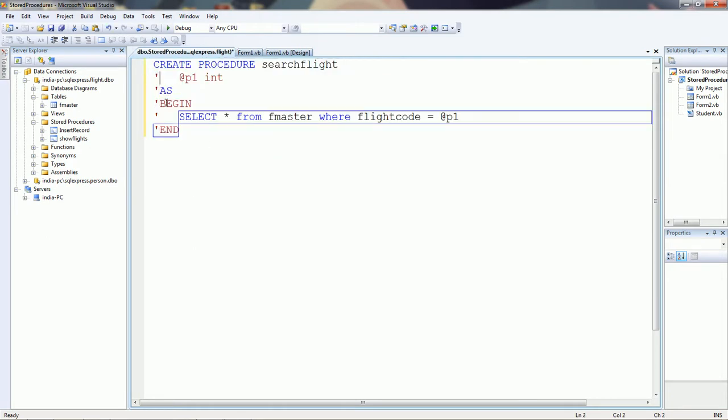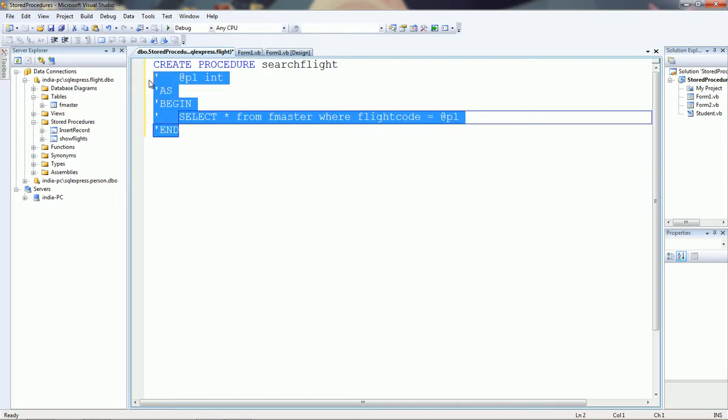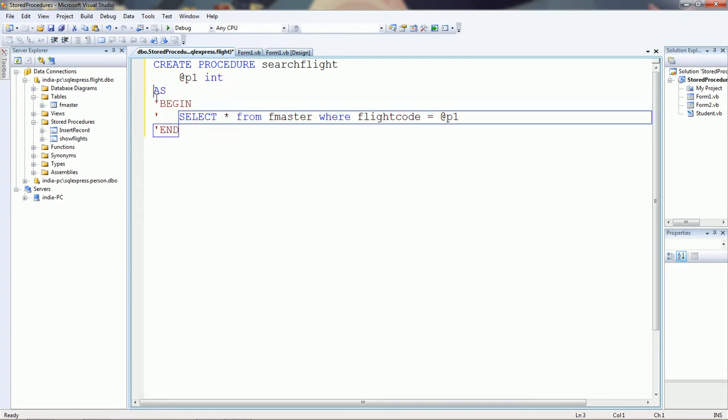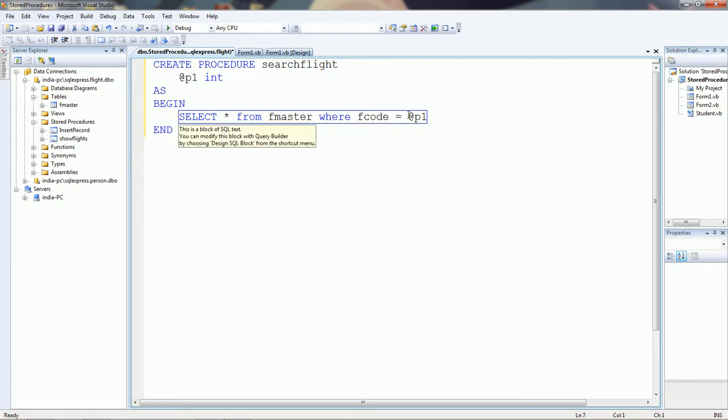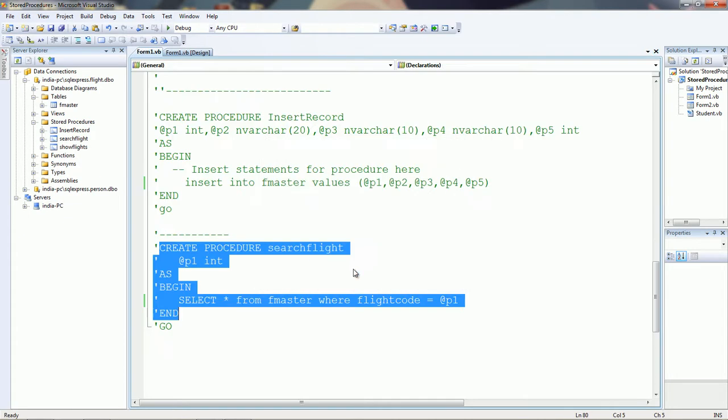Remove comments. The name of the field is flight code, therefore let us change the field name to flight code. So select star from flight master where flight code equals the parameter. Here we pass only a single parameter of integer type. Now save this procedure, search flight.